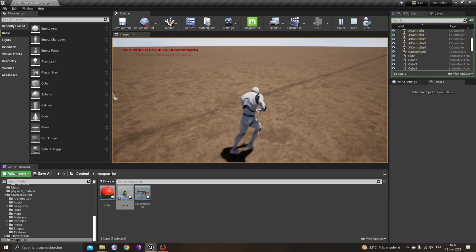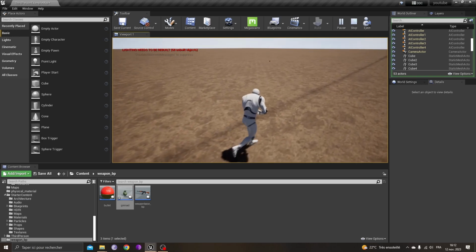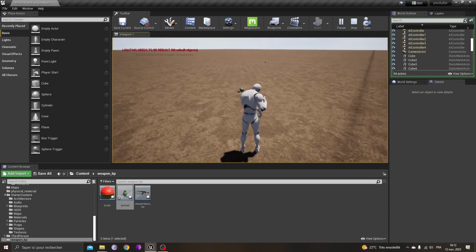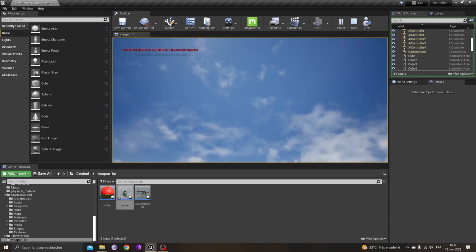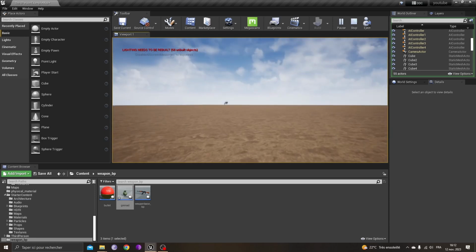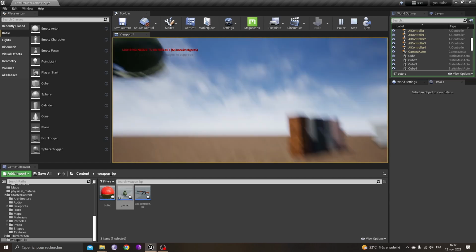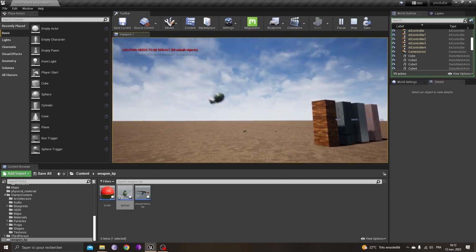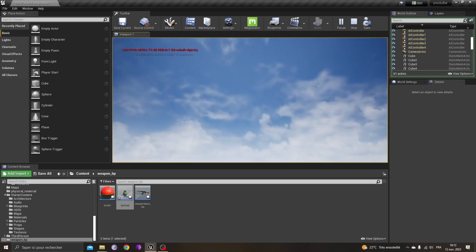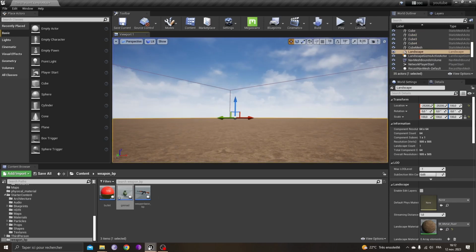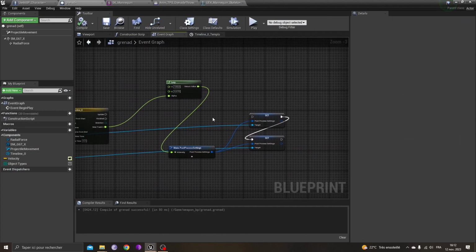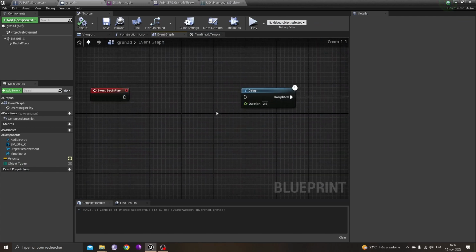But for now, it doesn't do anything because I have not set the blueprint yet. You can see that it launched the grenade right in the direction that I am looking at. Okay, guys, now we need to configure our grenade type. Once our grenade actor is spawned and launched,